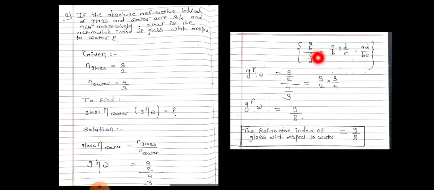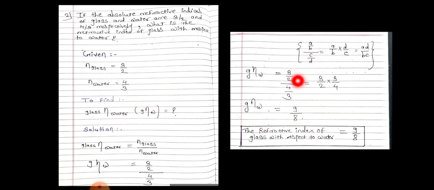For example, here C upon D is there, so we have to take D upward. Here you can see D upon C. That means we have to exchange this term. The numerator will go into the denominator and the denominator will go into the numerator. So in advance, what will we get? A D upon B C. I think you have learned this in your math subject. So simply we are going to apply this over here.